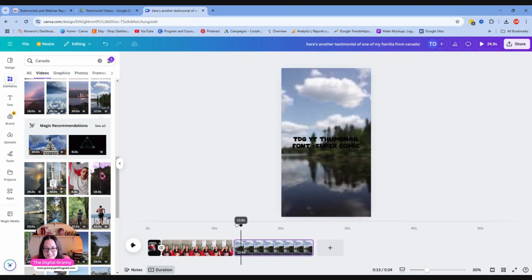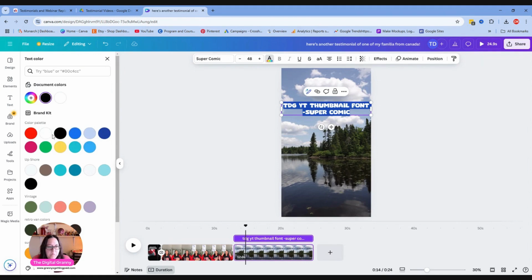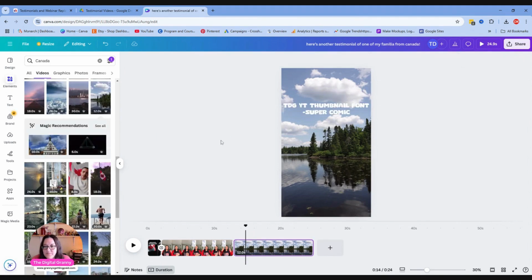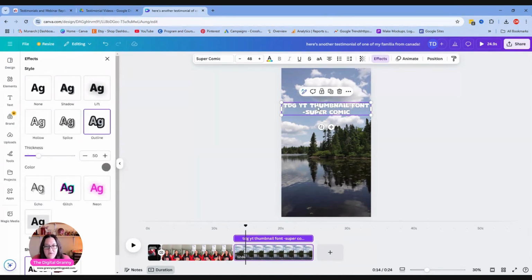Okay, so that's probably long, 12 seconds. I don't want it that long, but now let's move this up a little bit and I'm going to change the font to white again. White is probably too white. Let me see what this looks like. I know I'm flying through